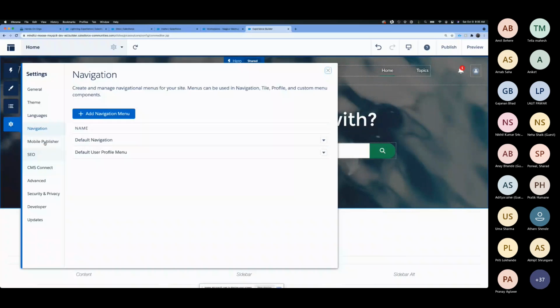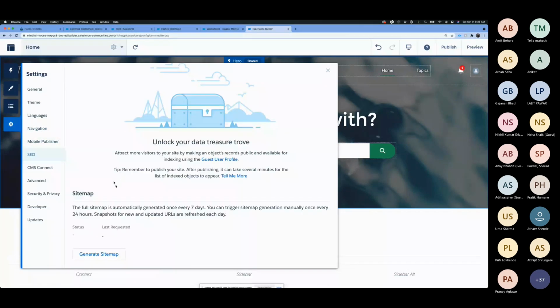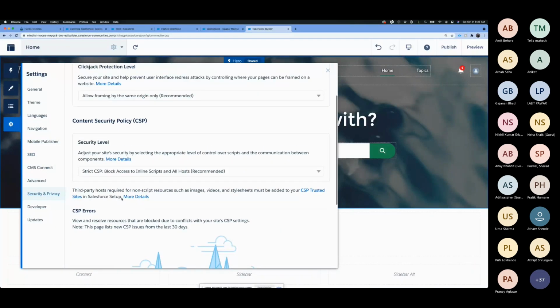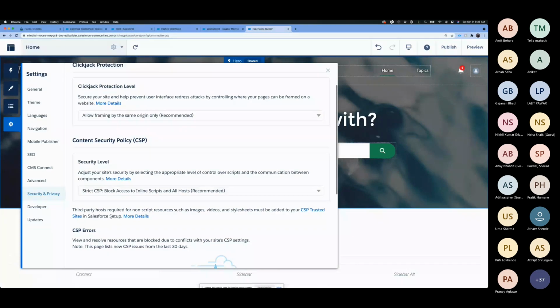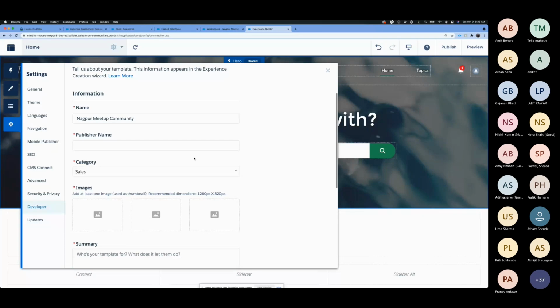Then this is the mobile publisher, basically an app where we want to show it. Then SEO, if you want to generate a sitemap or have SEO related content, you can do it. Same with security, if you want to add more levels of security, we can have it. Then the developer based settings.